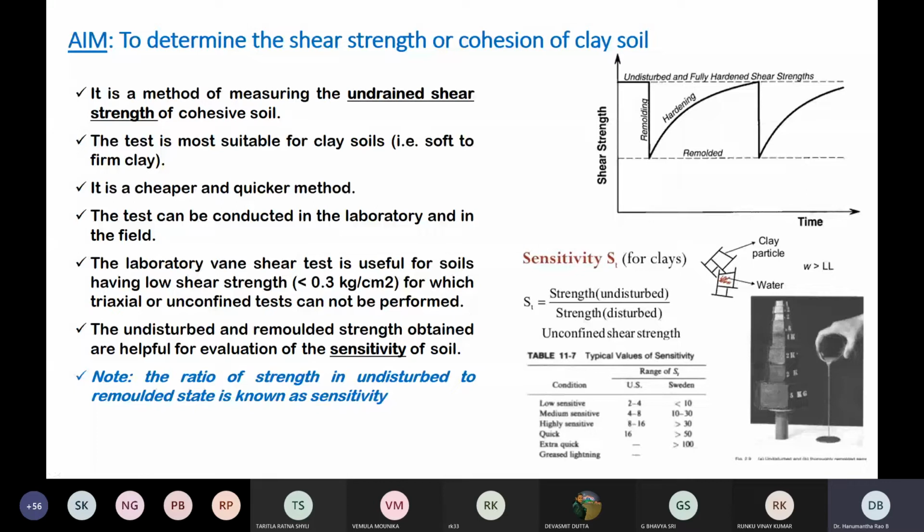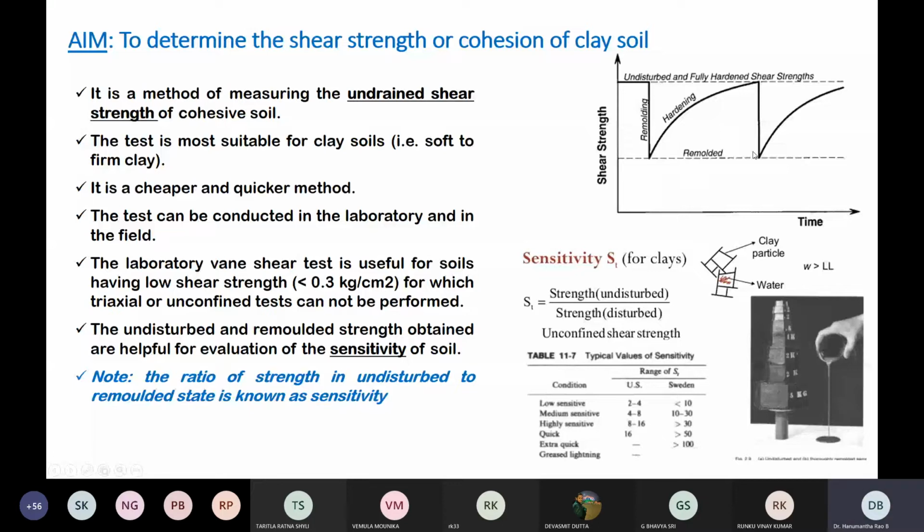Now what you have done is this remolded soil is converted into a cylinder. When you convert it, that process is called remolding. Because of the remolding process, the shear strength gets increased. But when you shear it, the shear strength gets decreased. So this is the fundamental philosophy of variation of shear strength with disturbance and without disturbance, as you can understand.